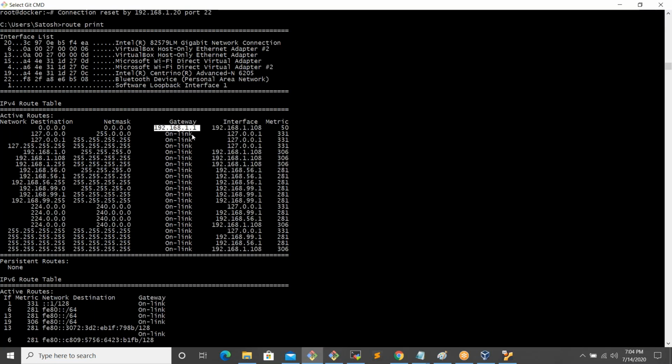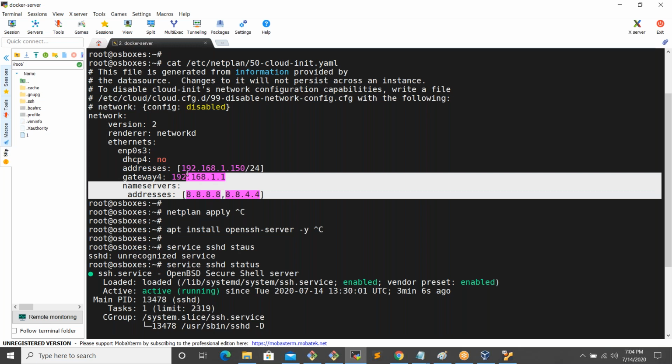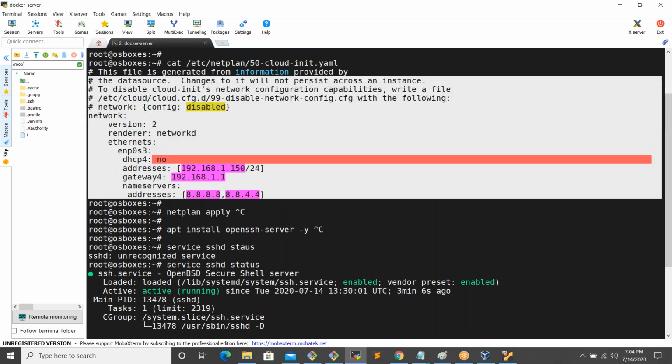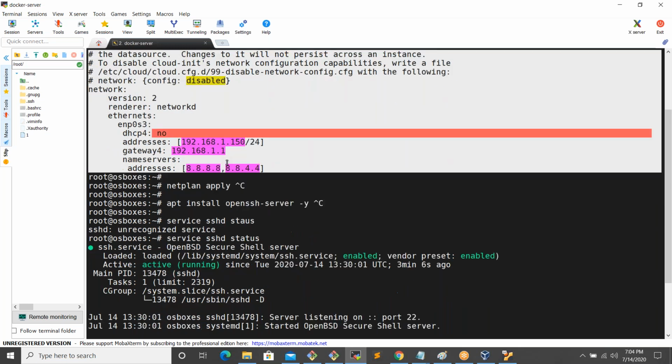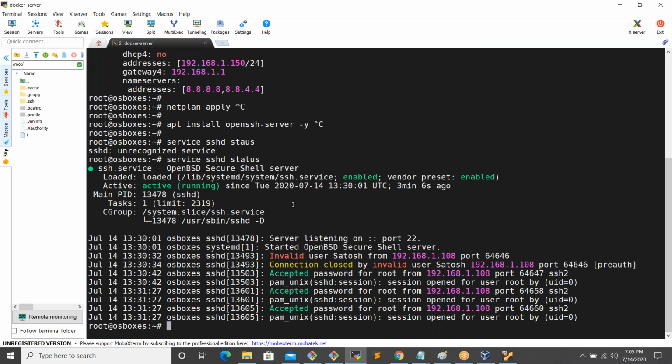Sometimes your machine does not have a gateway of 1.1. Maybe you have 192.168.31.5, 32.5, or whatever. So accordingly, you have to assign those IP addresses. Then only, guys, can you access that machine remotely. So I just did it now. After that, even though you did everything remotely, you cannot log in with a password, because of the